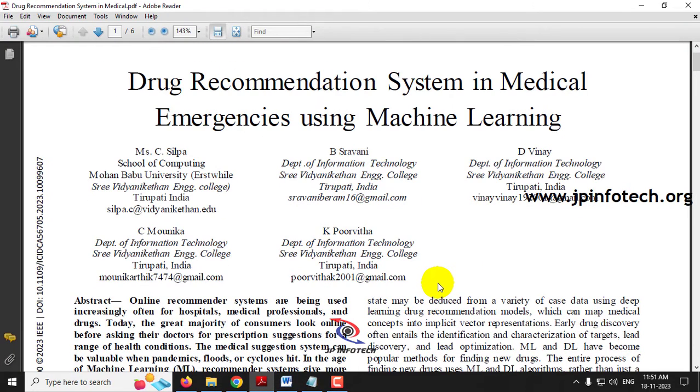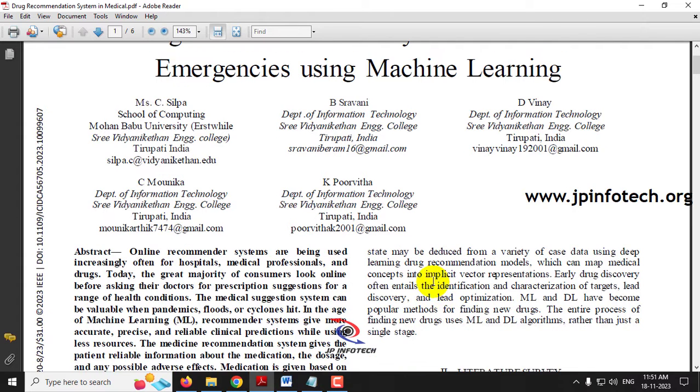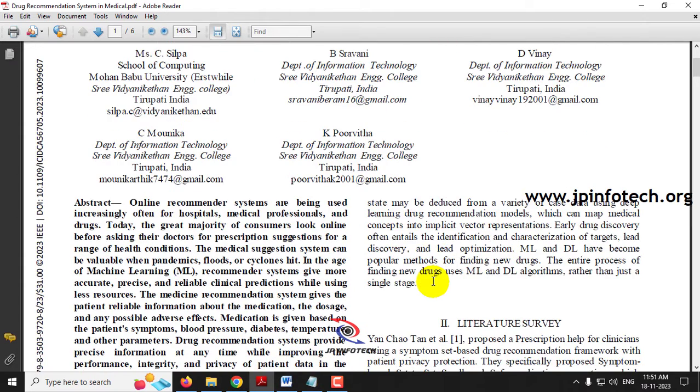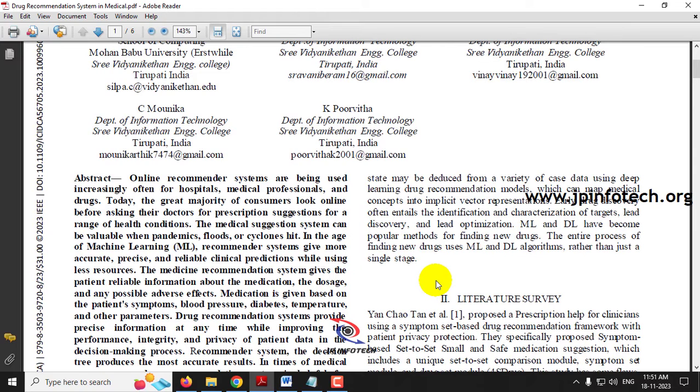Nowadays it is increasing that people tend to use the internet for medical suggestions instead of visiting doctors. And in special situations like a pandemic, floods or cyclones, whenever people cannot go out of the home, they use the internet to find medical suggestions and use the drugs prescribed in it.